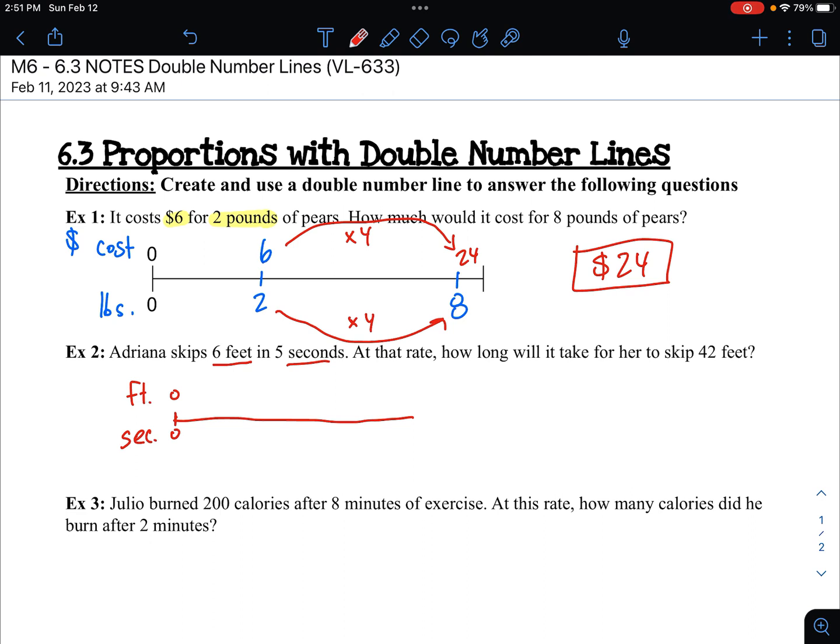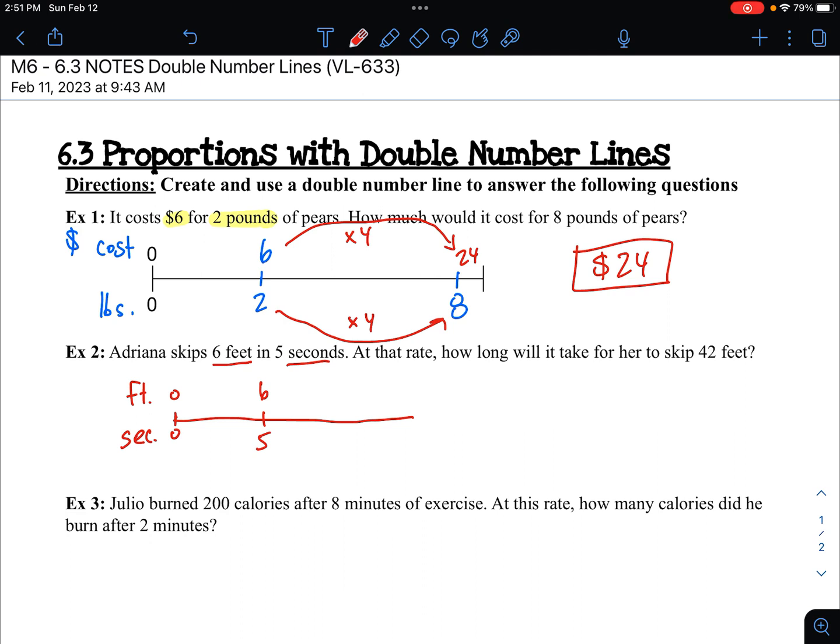Again, it does not matter where I put the feet or the seconds, whether they can be reversed, seconds being on top or feet can be on the bottom. It's up to you, as long as you line up the numbers correctly. The 6 goes with the feet, so let's put a notch over here. We're talking about 6 feet in 5 seconds. At that rate, how long will it take for her to skip